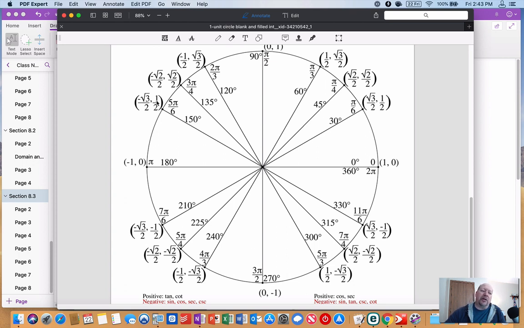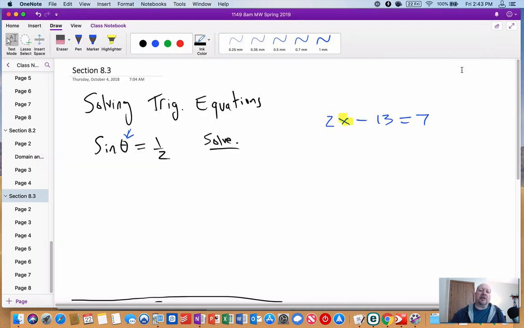Same goes for 150 degrees, since its sine is 1/2. If I added 360 to that, that angle will also have the same sine value. So I could keep going around in a positive direction, or even go backwards in a negative direction and subtract off 360 degrees, or if I'm in radians, subtract off 2 pi, and I would come up with literally infinitely many angles that have the same sine value. So when we're being asked to give a general solution, and that would have to be listed in the problem statement, find a general solution,